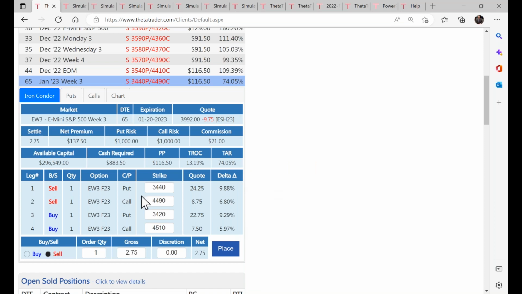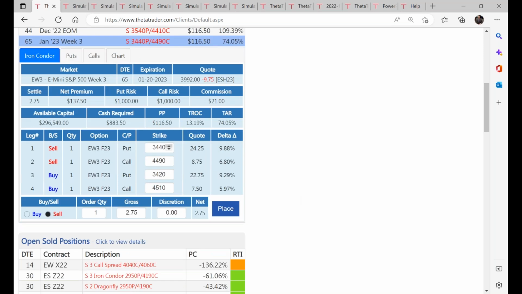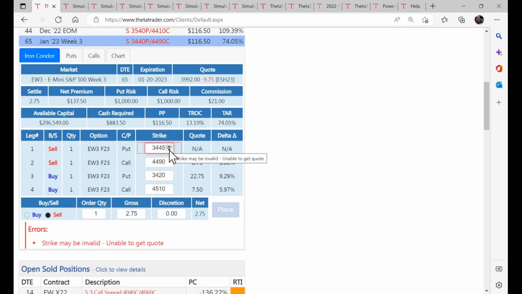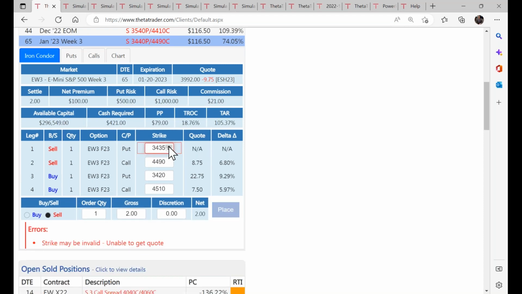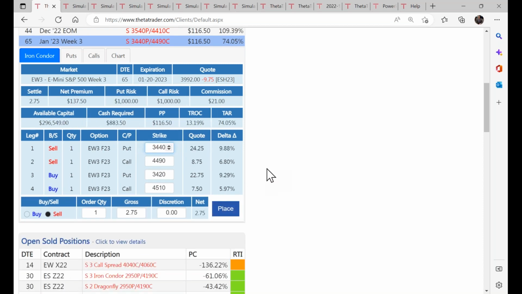And then you'll notice the strike prices are already pre-populated. So the algorithm, once again, has done that for us. And if you did want to change the strikes, you could by going through these little buttons here, but of course that sort of defeats the purpose. Now you'll see the put strike here and the call strike that you're selling.